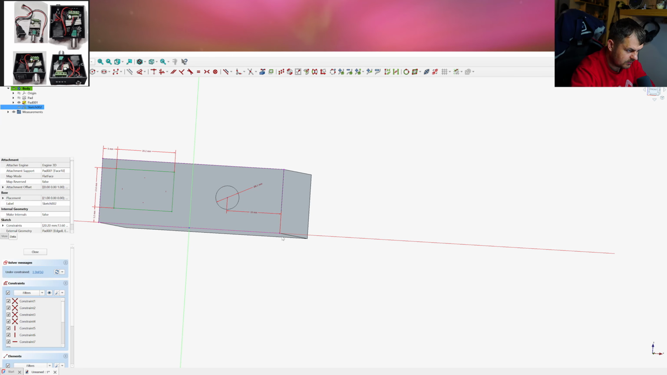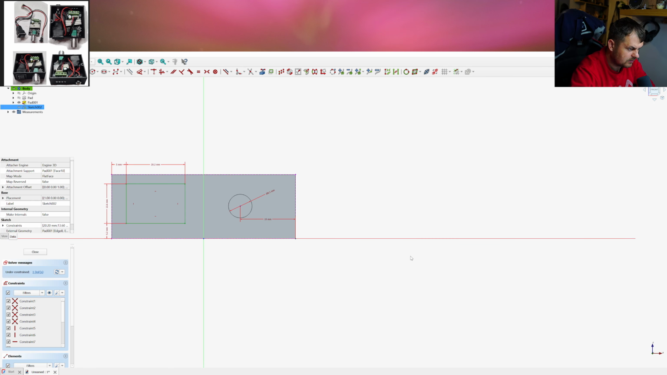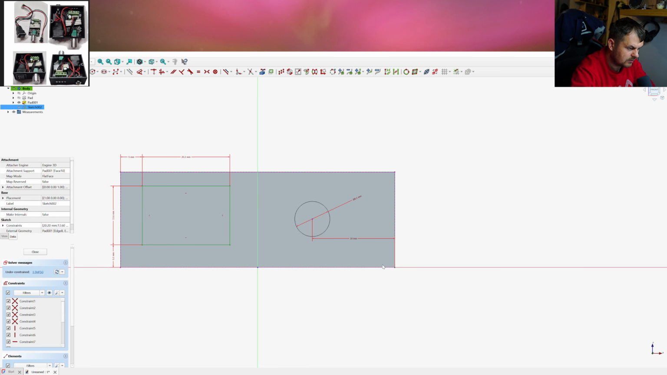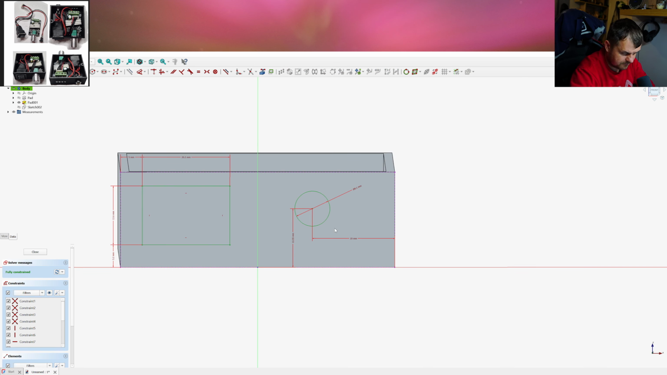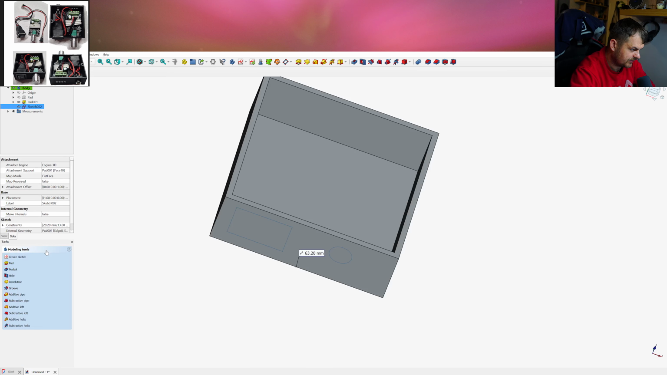I didn't press I. And vertical, 13.52 millimeters. Okay, we got this done. Close sketch, and